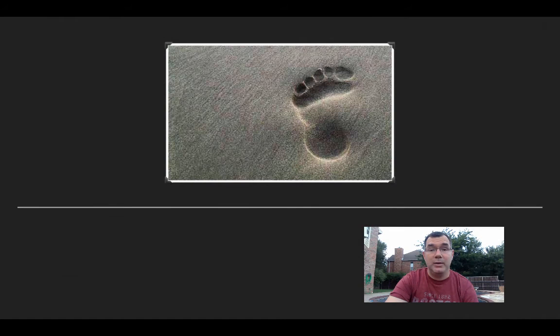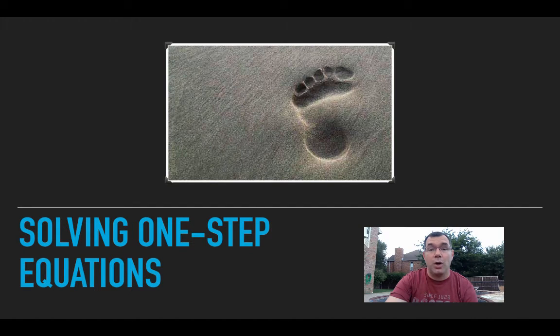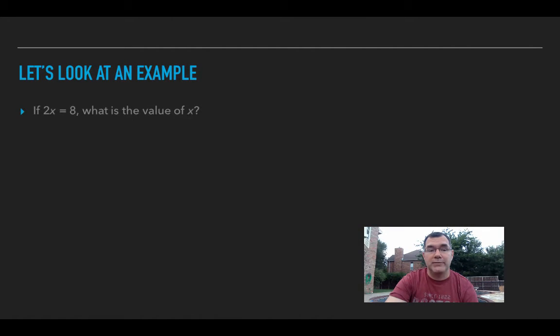Hello again. We are continuing our discussion of linear equations by talking about how to solve one-step equations. Alright, so let's look at an example. If 2x equals 8, then what is the value of x? So basically I'm multiplying a number by 2 and getting 8 as my answer, and I want to know what